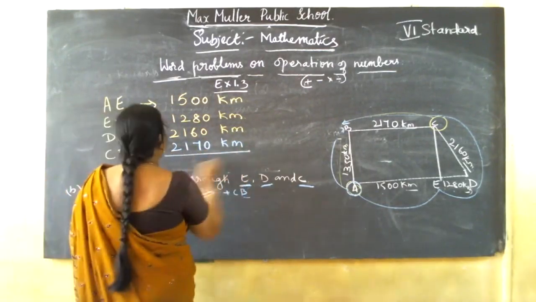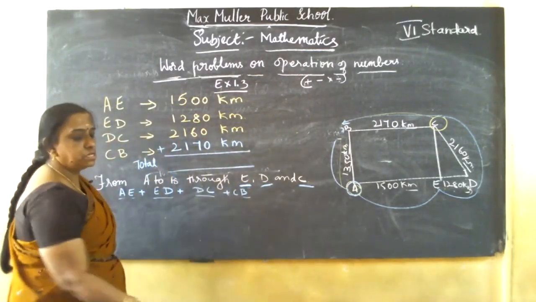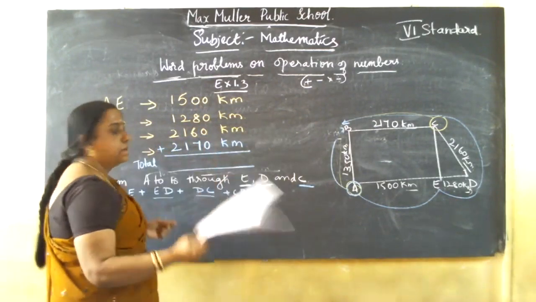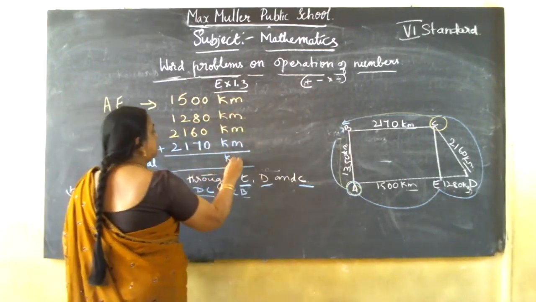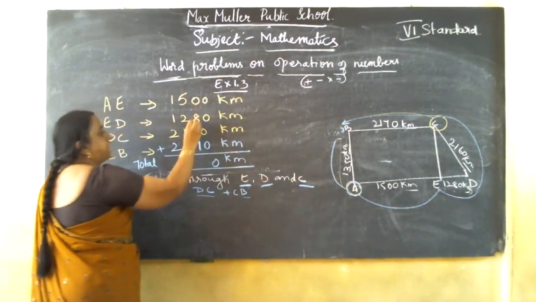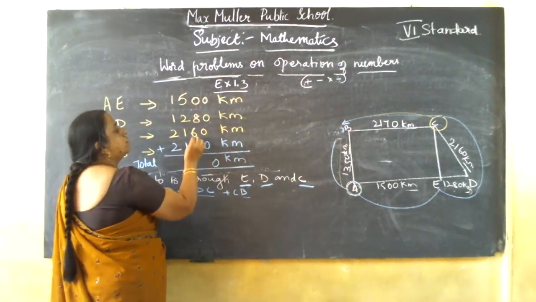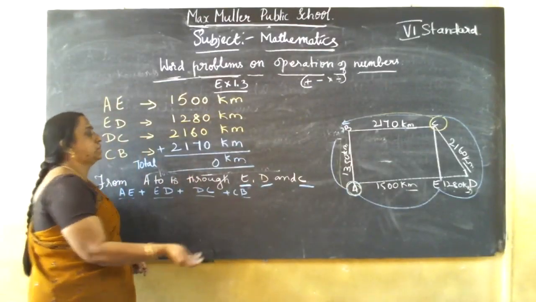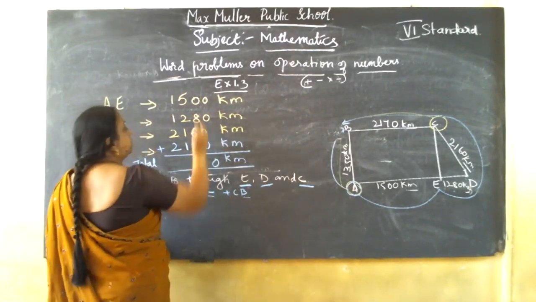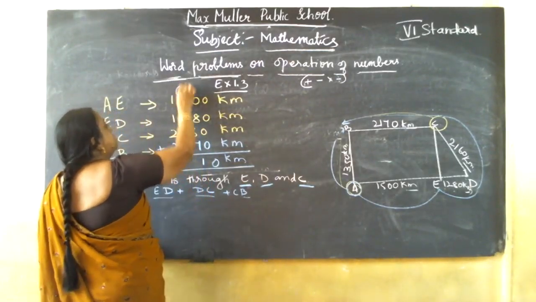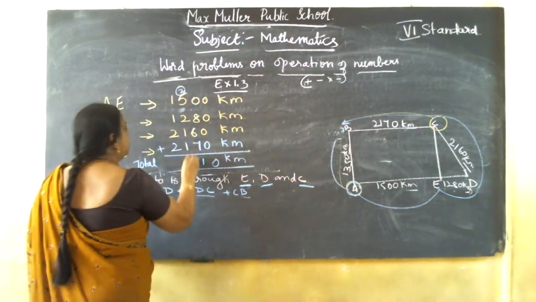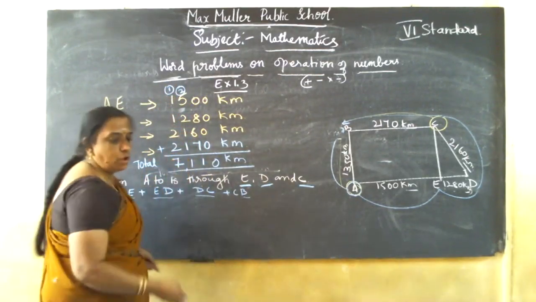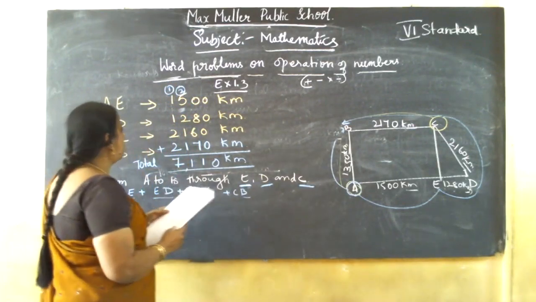Total equal to, you can write total or sum. Sum equal to 1580, 60, 70. Yes, correct. Now here all kilometer, right? Kilometer. Now add 0. Say 8 plus 6 is how much? 14. 14 plus 7 is 21. 1 carry 2. Now 5, 7, 8, 9, 10, 11. 1 carry. 1, 2, 3, 4, 5, 6, 7. So 7110 kilometers. Somewhere we have gone wrong.